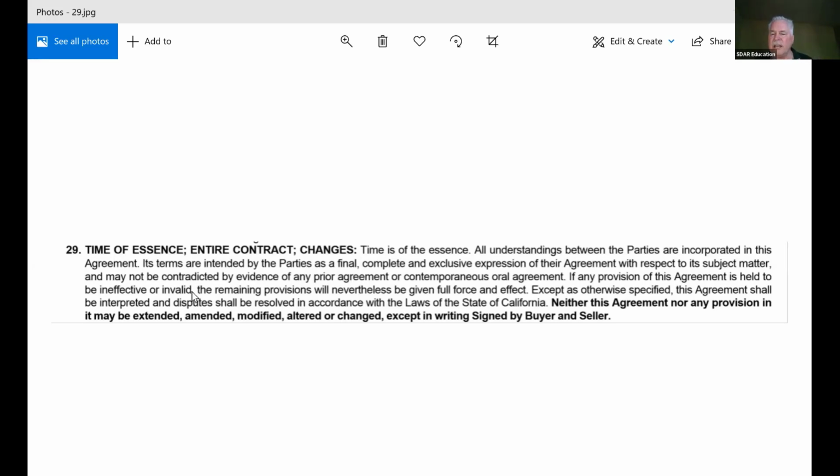So when the real estate agent calls up the escrow company and says, why don't you draft an amendment that does this and this and this, and escrow goes, okay, sure, we'll do it. And they draft it up and send it around to everybody and pray the other side's going to sign it. That doesn't change the contract. And then the escrow company mistakenly puts in their escrow instructions, this is intended to amend the contract between the parties. Now, guess what? Now we're going to have a fight. It's going to be a big fight.